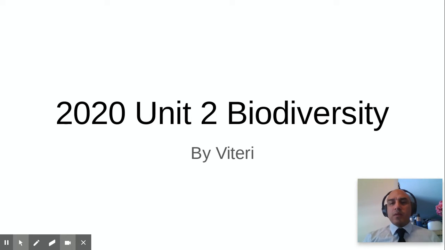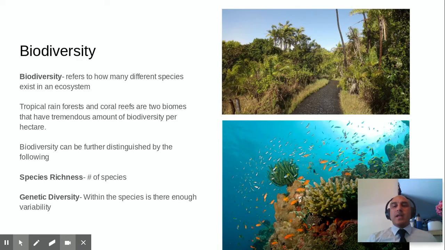So, Unit 2 is on biodiversity. What in the world is that term biodiversity? Well, biodiversity refers to the number of species in a given area. Now, there are different areas that have different quantities of species. The desert, for example, doesn't have a lot of biodiversity. Conversely, the tropical rainforest has a lot of biodiversity, and the coral reef is going to have the most biodiversity per density, per space